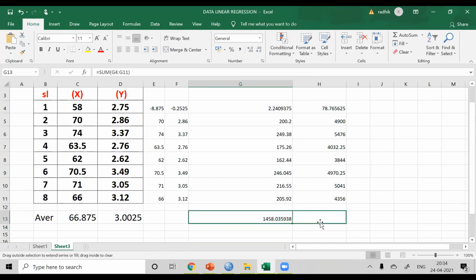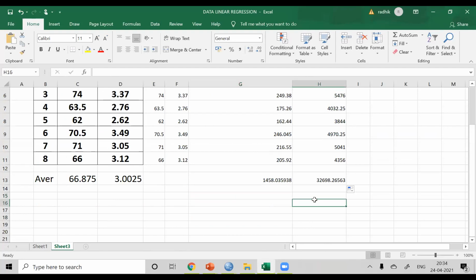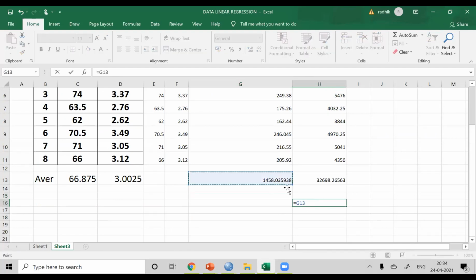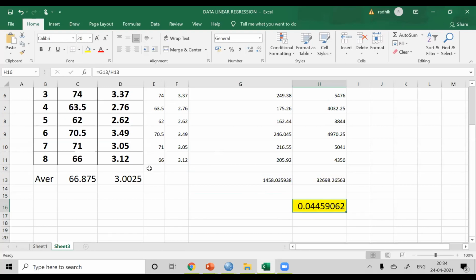Okay, that's done. So if you divide this by this, this is the regression coefficient. 0.44 is the regression coefficient value. Okay. So now we have got the regression coefficient.